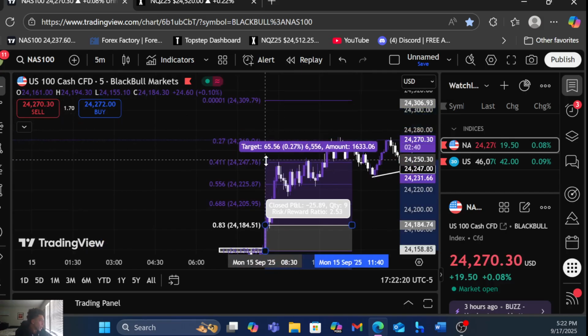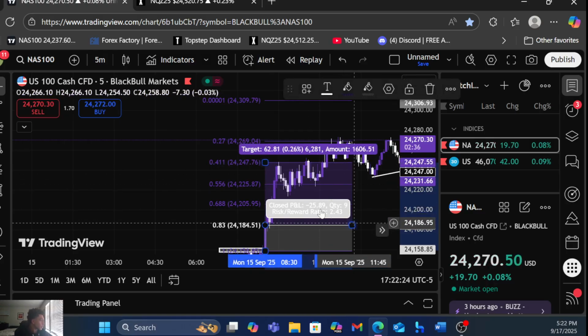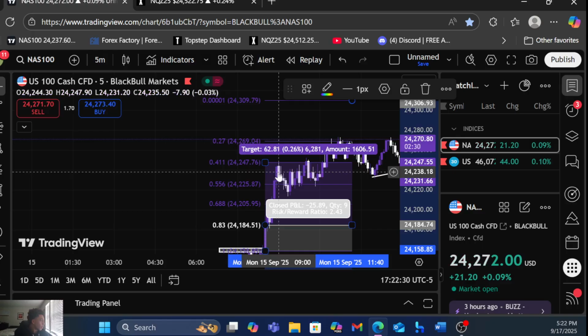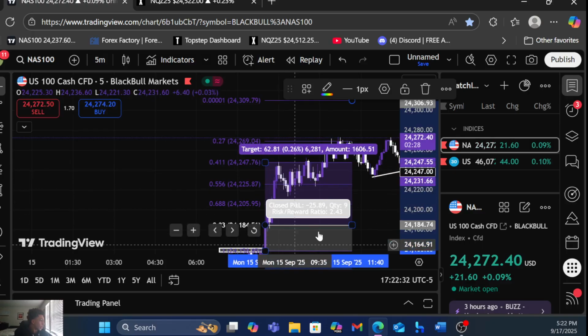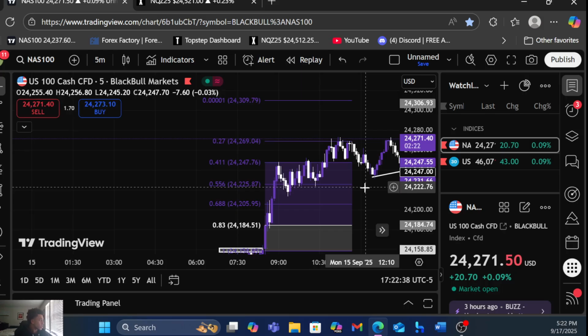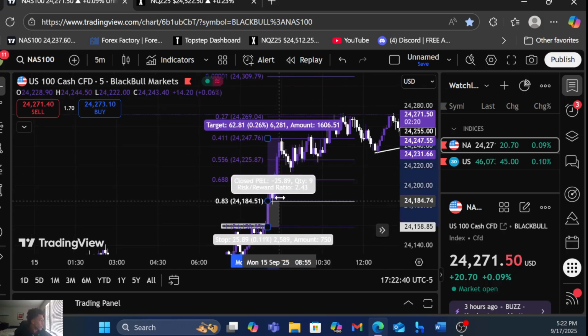So we would have got out right here, which would have taken us, let's see, 5, 10, 15, 20, 25, 30. So we would have had around 2 ticks of drawdown, 3 ticks of drawdown, and would have banged out in a matter of